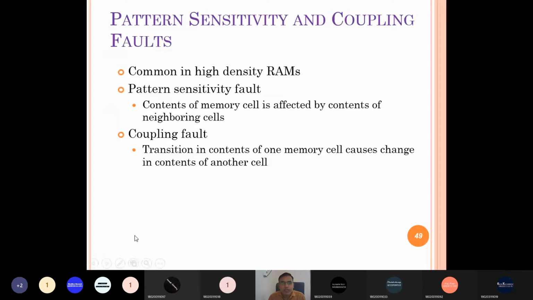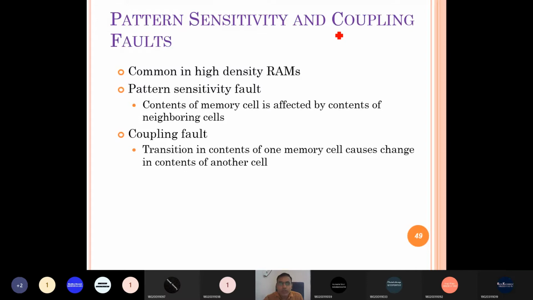The fifth one is pattern sensitivity and coupling fault. It occurs commonly in high density RAM. Pattern sensitivity fault means the contents of a memory cell are affected by the contents of the neighboring cells.